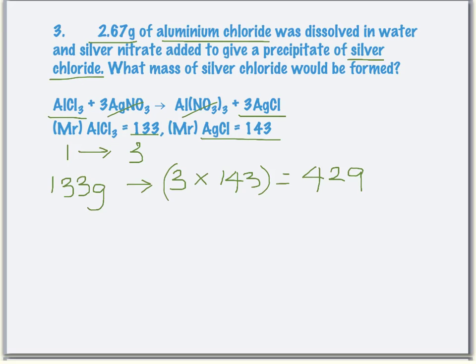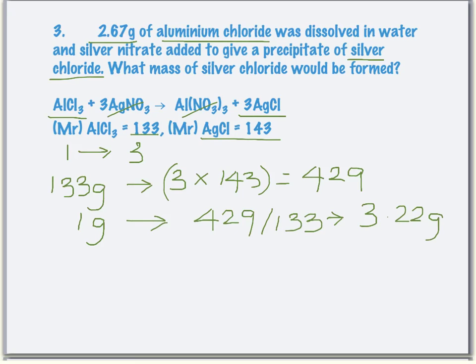Okay, so now that we have 1 mole making 3 moles, what we need to be aware of, like the previous examples, is how much 1 gram will make. 1 gram will make 429 over 133, which will make us 3.22